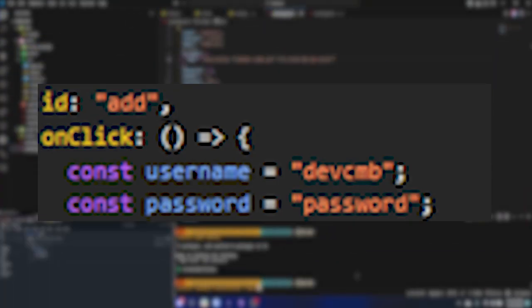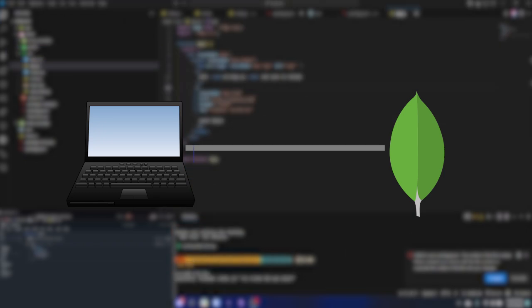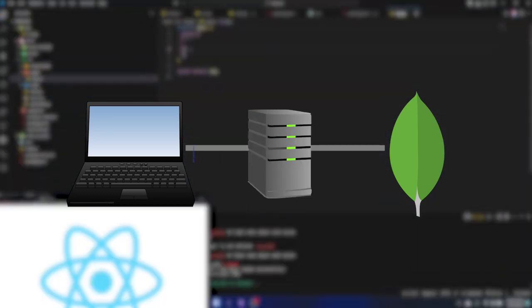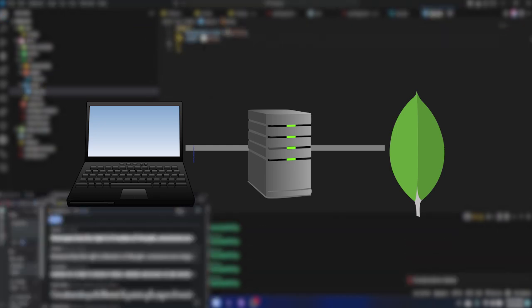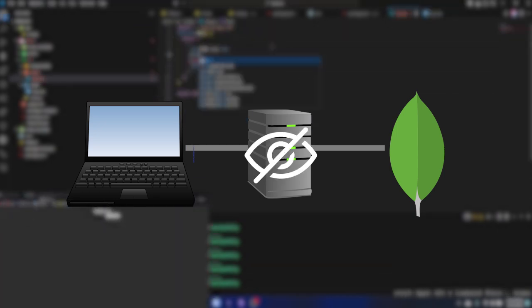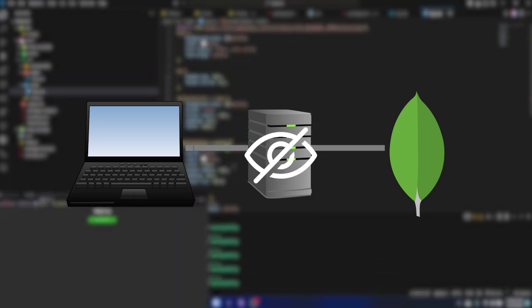Say I have a basic to-do list app and I want to store my list in a database. I can't do it on the client, since then the database password would be accessible by the user, and that's a major security risk. To mitigate this, I'd create a server which acts as a middleman between the two. The client can't see what's on the server, so I can store the credentials without an attacker getting unauthorized access